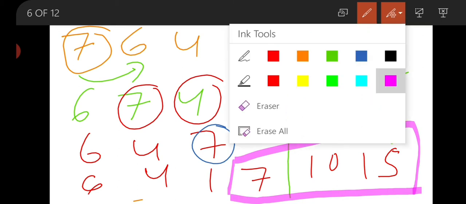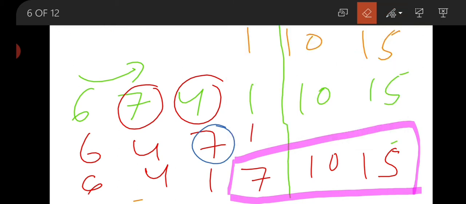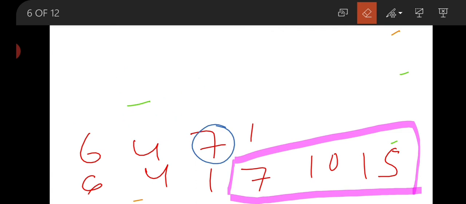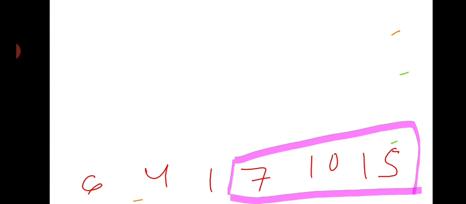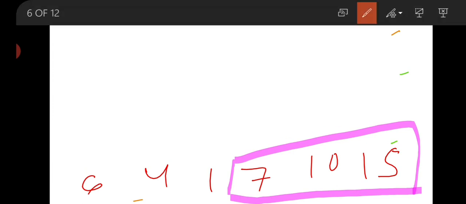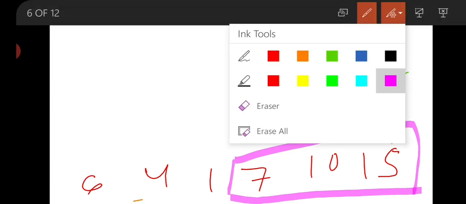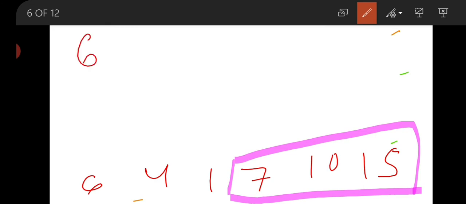Now again for the next pass, here we get 6, 4, 1, 7, 10, 15.